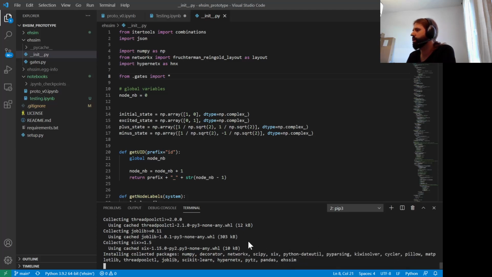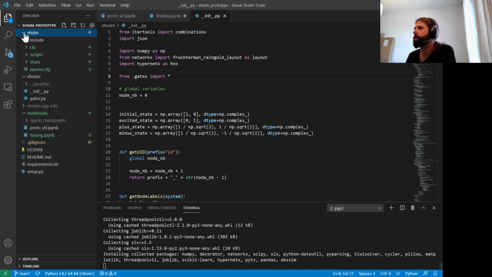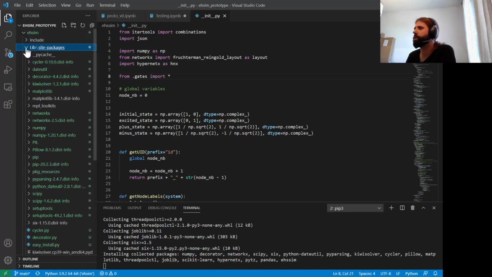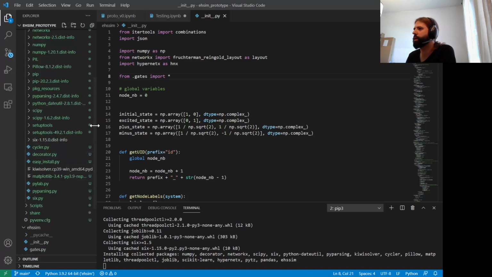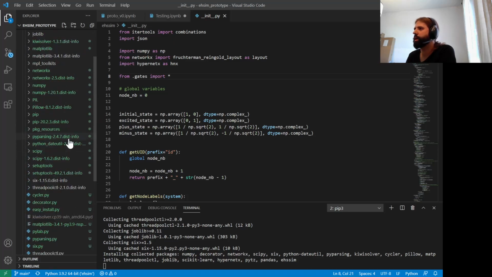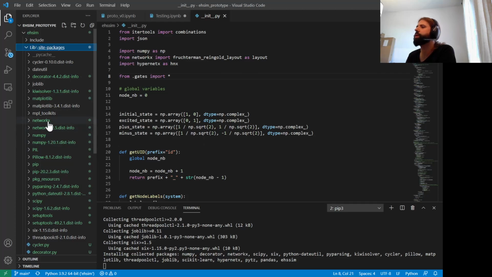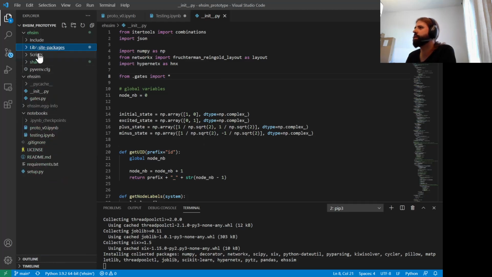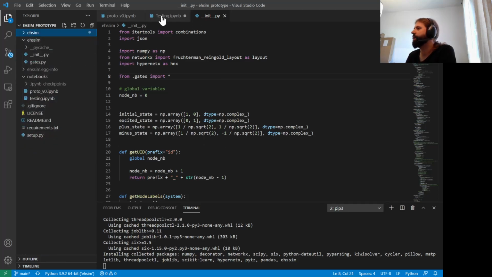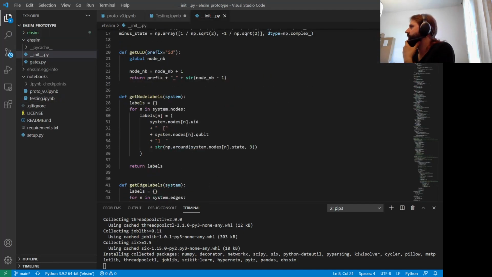But is this working or is it installing stuff? Seems like libraries. Yeah, it's installing NumPy, NetworkX. Cool. It seems like it's working. That's awesome. But yeah, so basically, the way this works is, let's take the